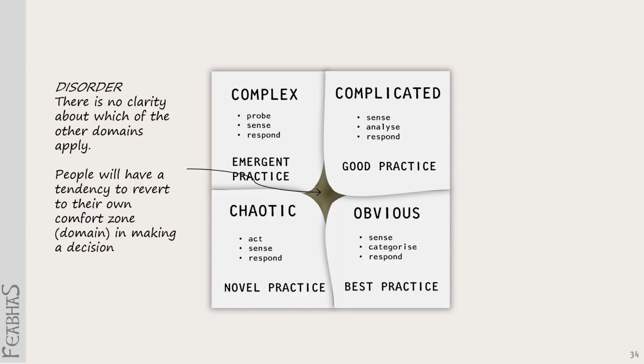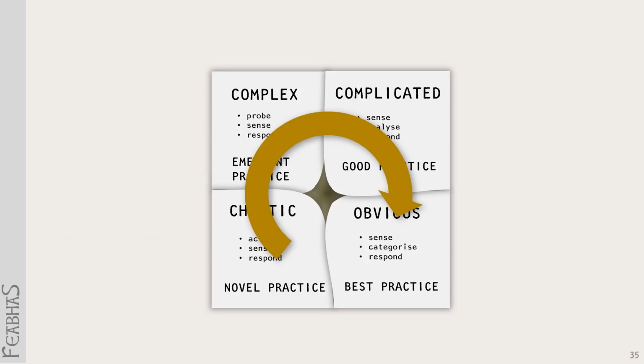So people who are familiar with working in obvious problem domains, where there are best practices and rules, will naturally try and apply best practices, rules, processes, and procedures. The problem with that is it is very, very easy to tip over from obvious into chaotic and drop out of control. And simply applying more of your comfort zone tends to make things worse. We've all seen companies where the processes aren't working because they don't match the project types that we've got, and applying more process